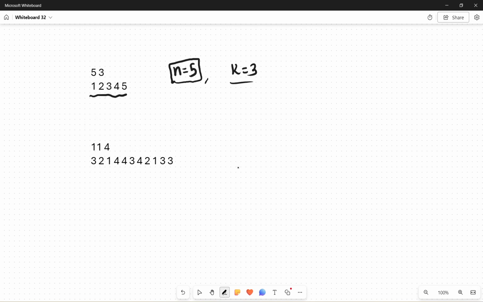So basically n is 11 here and our k is equal to 4 here. Okay, so if I sort these elements, they are like 1 1 2 2 3 3 3 3 and 4 4,